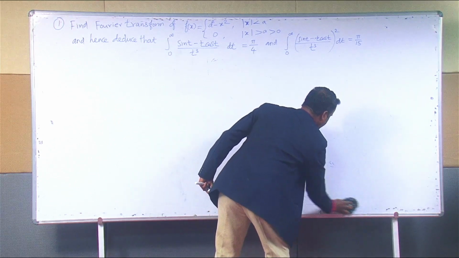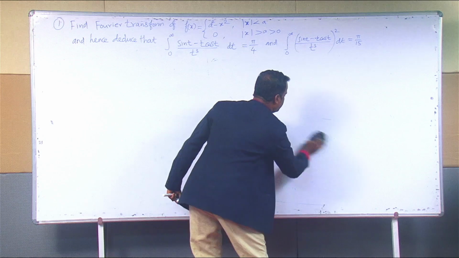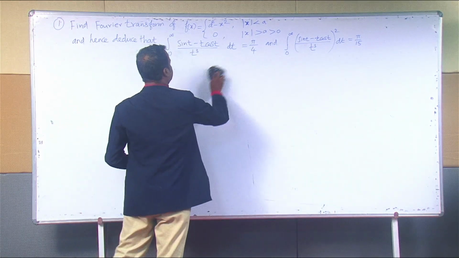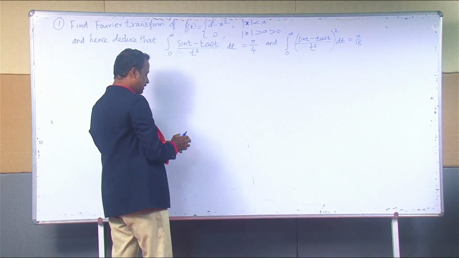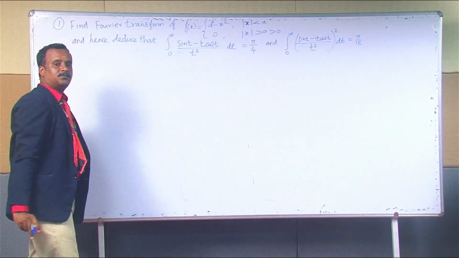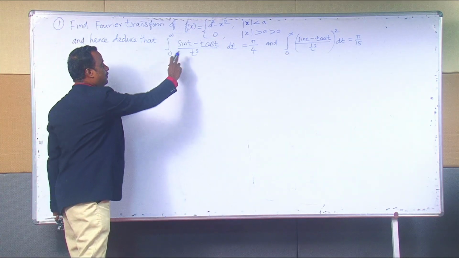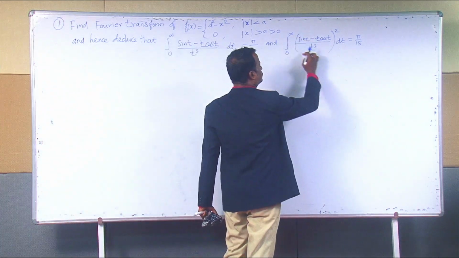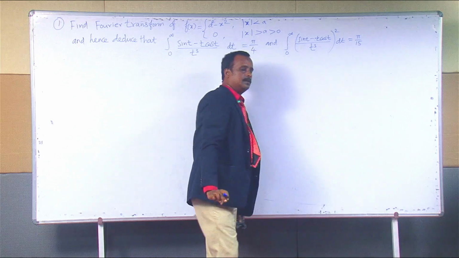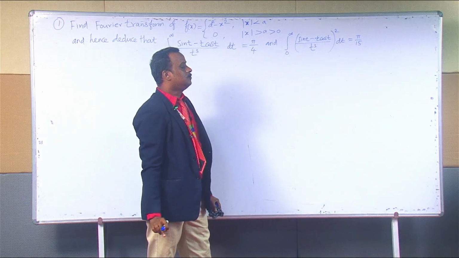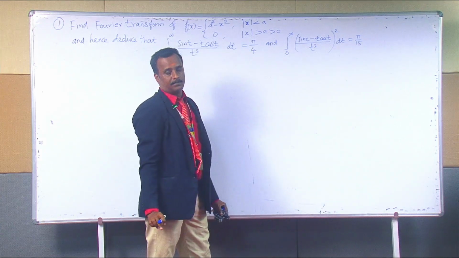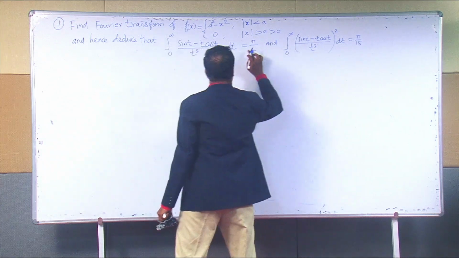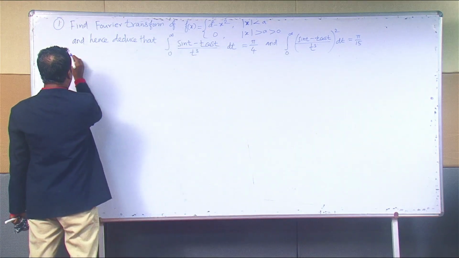Now we are going to prove the first deduction part. What's the first deduction part? Here in the first deduction there is no square term, so we can write the inverse Fourier transform for the first part of the proof. Okay. Here in the second proof, there is a square, the function squared. Here to prove we have to use Parseval's theorem, that is Parseval's identity. That's the third formula already given. Okay. So to prove the first deduction part 1,